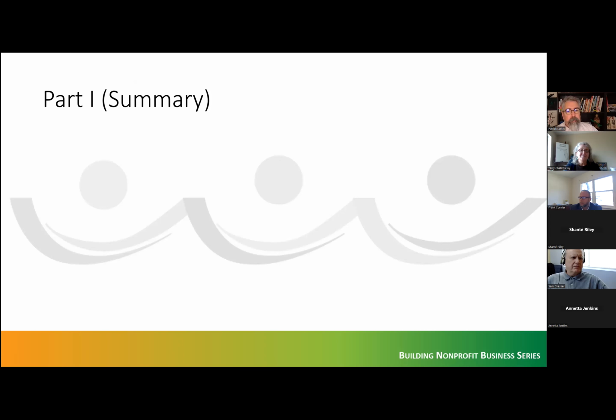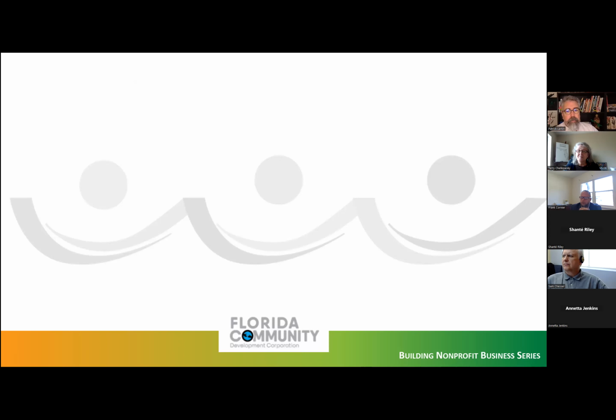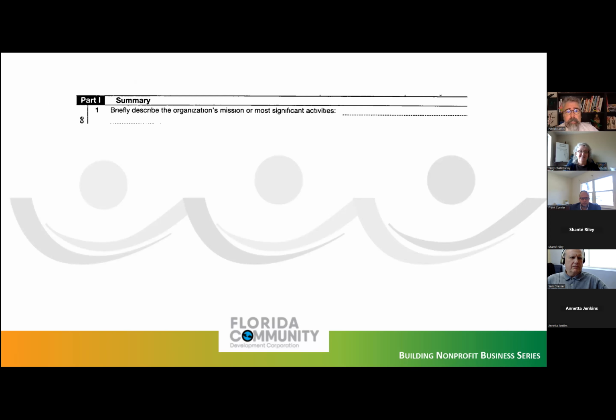So part one of the 990 is actually the summary of the organization. So I pulled this from the Florida Community Development Corporation's 990. I just went on to GuideStar. Again, it's a public document, so I apologize. But anyway,